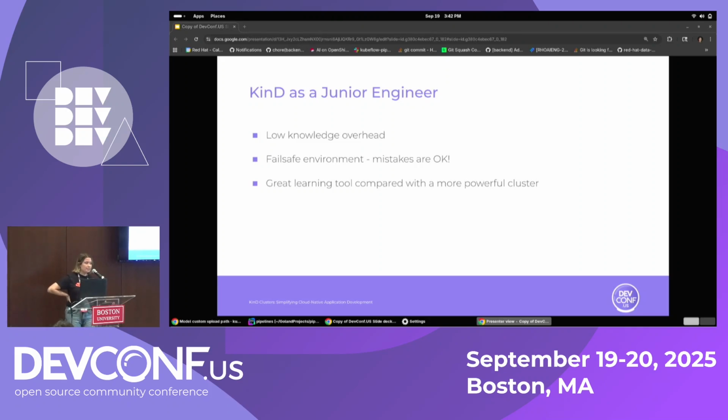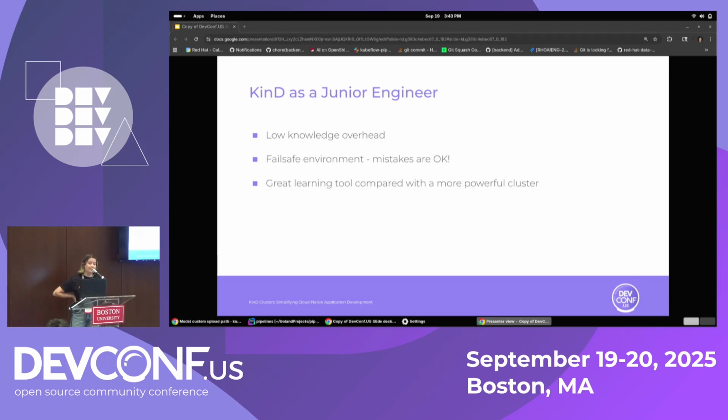Some things that make Kind a particularly useful tool as a junior engineer are, first, its low knowledge overhead. Prior to my role at Red Hat, I worked in a different role as a developer where I regularly used Argo continuous deployment, or Argo CD. So I had a much more abstract experience working with Kubernetes deployments, and in terms of local clusters and pod debugging, I was pretty inexperienced. Kind has a very low knowledge overhead, and with just a few commands, you can get a cluster running without the need for much